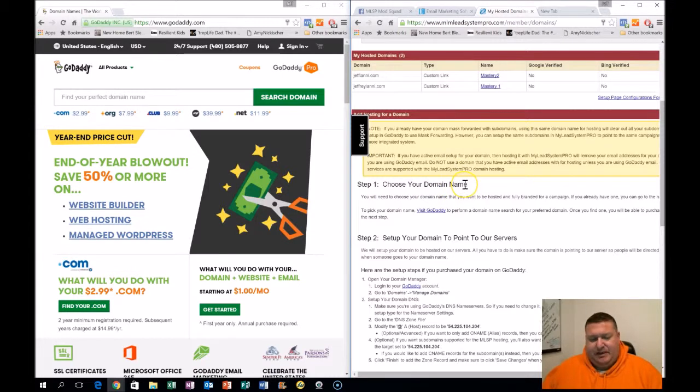Choose your domain name. Most of the time you already have a domain name. If you don't, it's telling you to go to GoDaddy. On the left-hand part of the screen here, you can see GoDaddy. If you want a .com, it's only going to cost you $2.99 to reserve your domain name, so it's not that expensive. Now, if you already have a domain name,